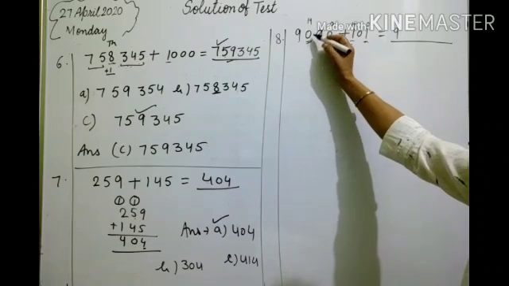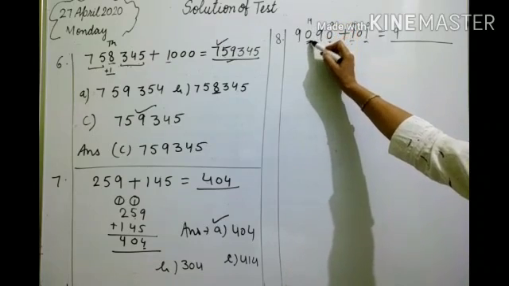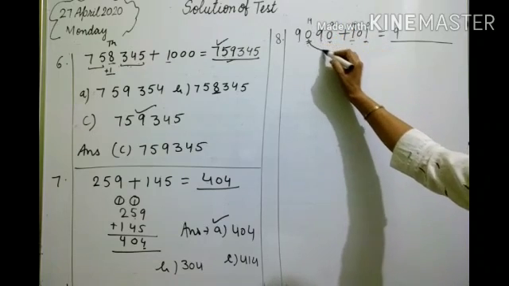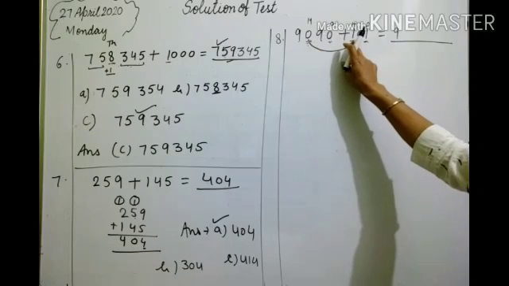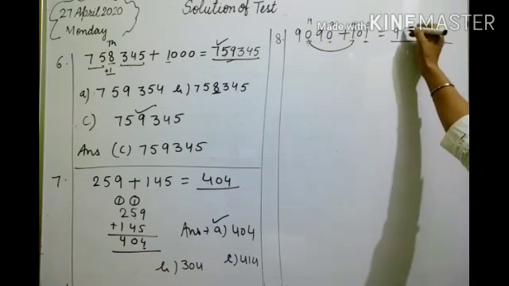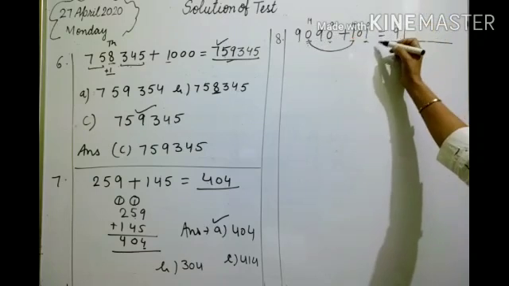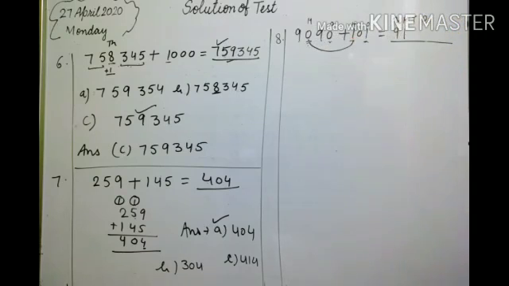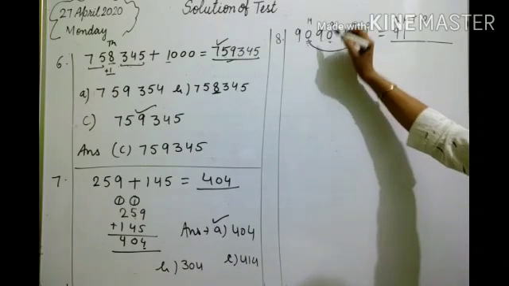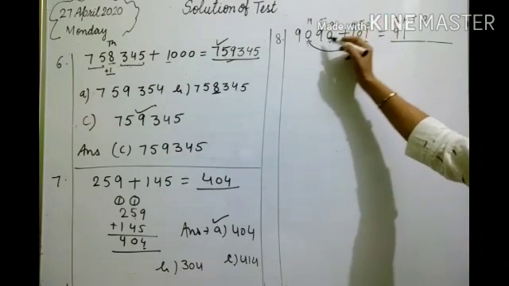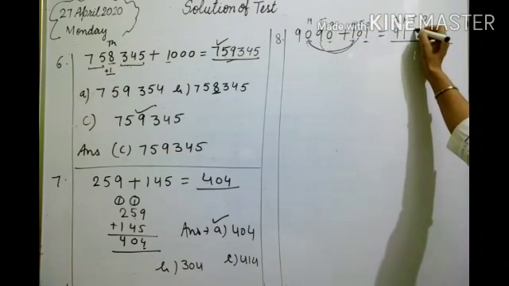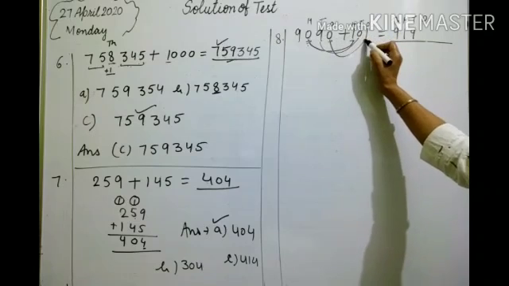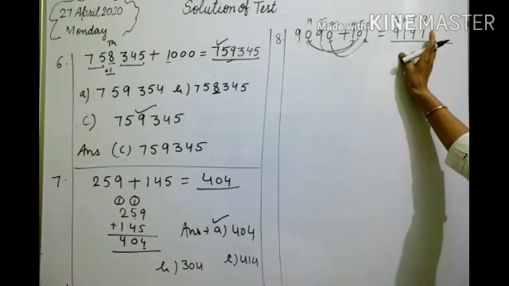Now in the first number the hundreds place digit is 0 and here the hundreds place digit is 1. So you will add hundreds to hundreds. 0 plus 1, 1. You can write it here. Then now the tens place digit, 9 plus 0, 9, and the ones place digit you will add 0 plus 1 is 1.